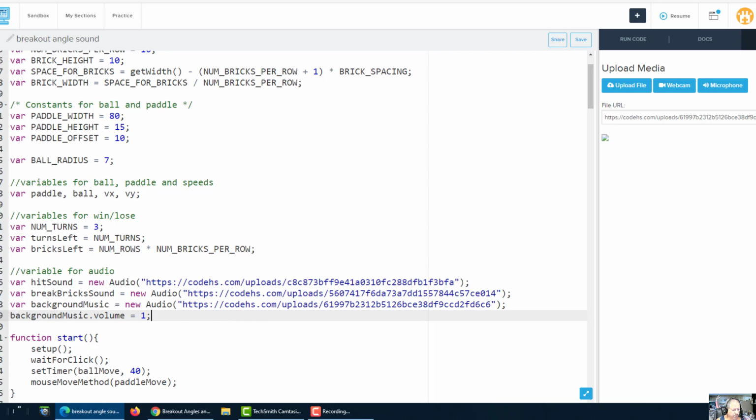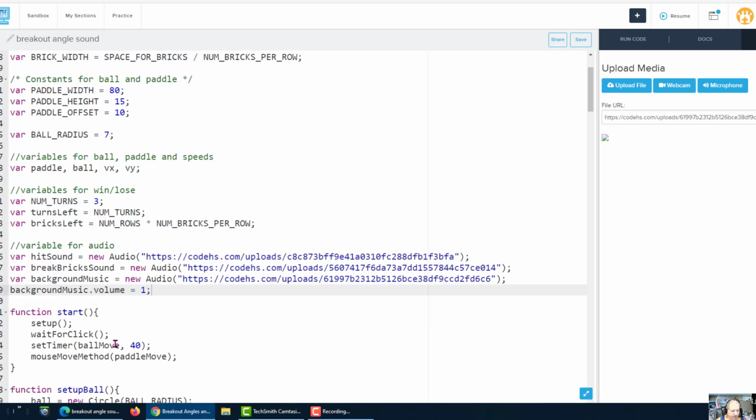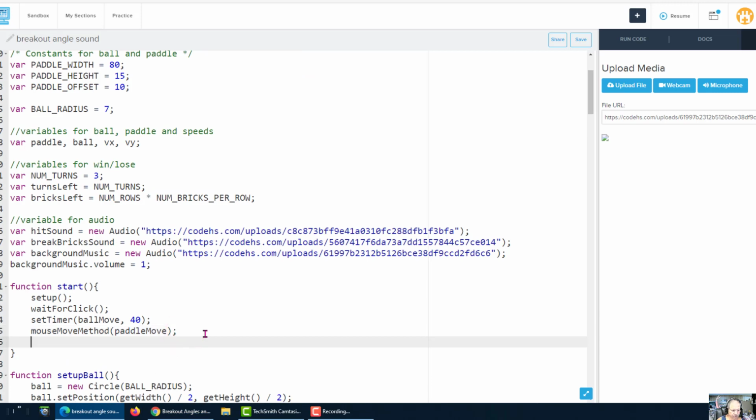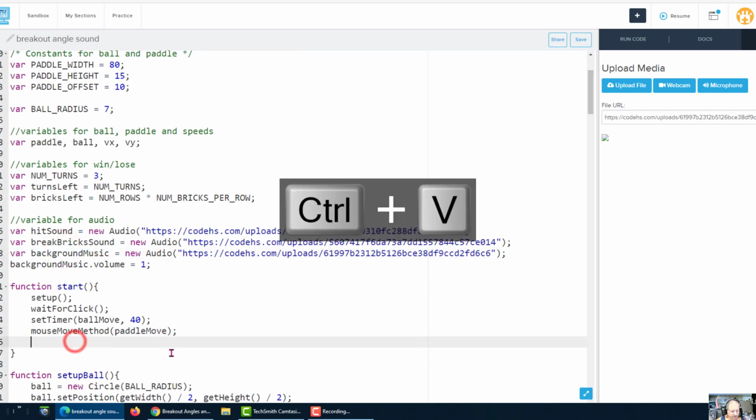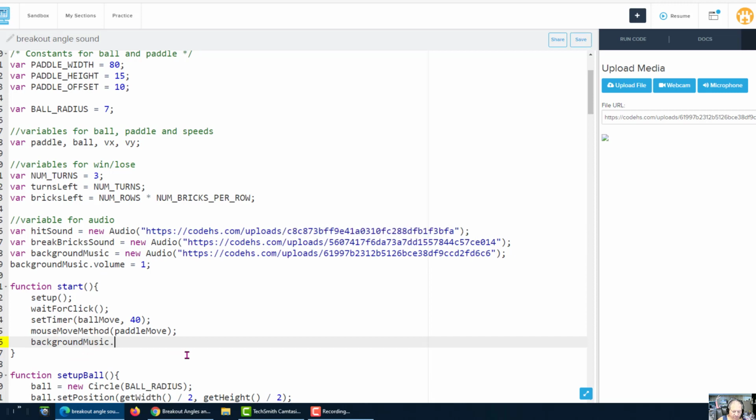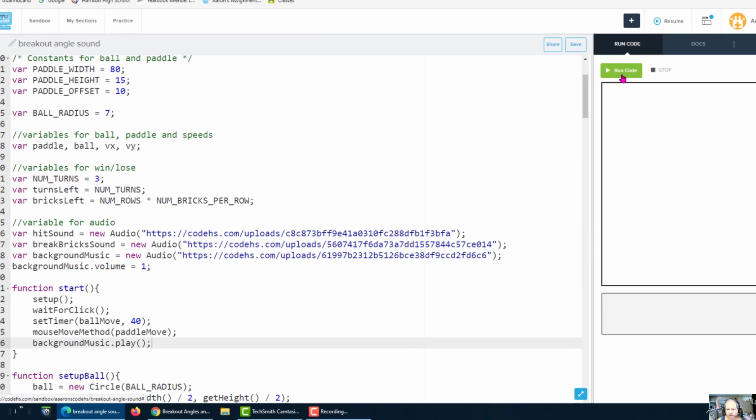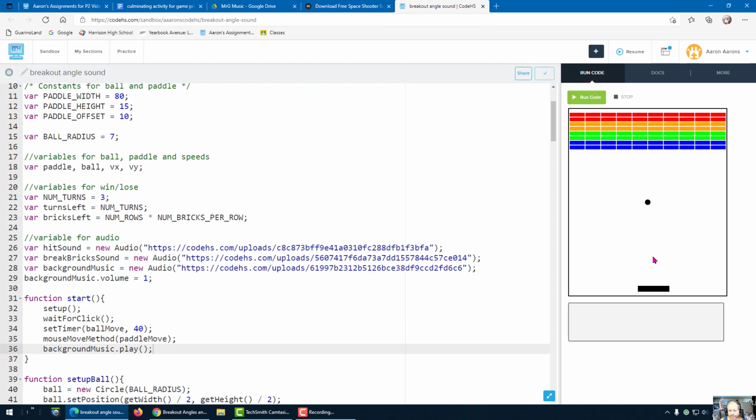And then of course, when do we want it to play? Well, I think we want it to play when the game starts. And here's where the game starts. So we just copy this, background music dot play, open close parentheses and a semicolon. So now if I go and play the game,